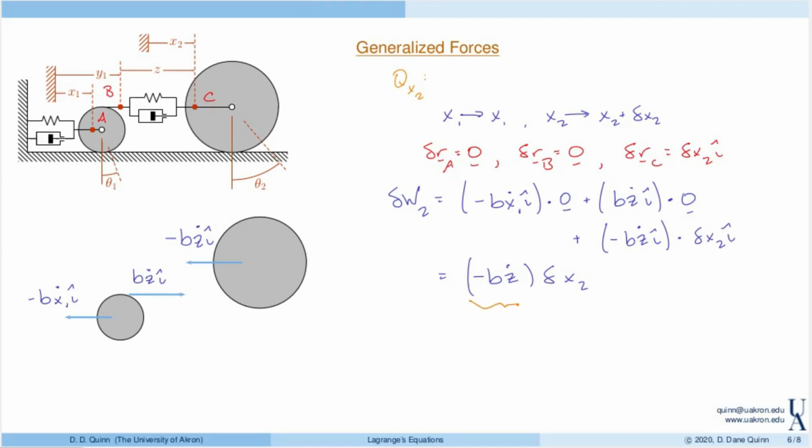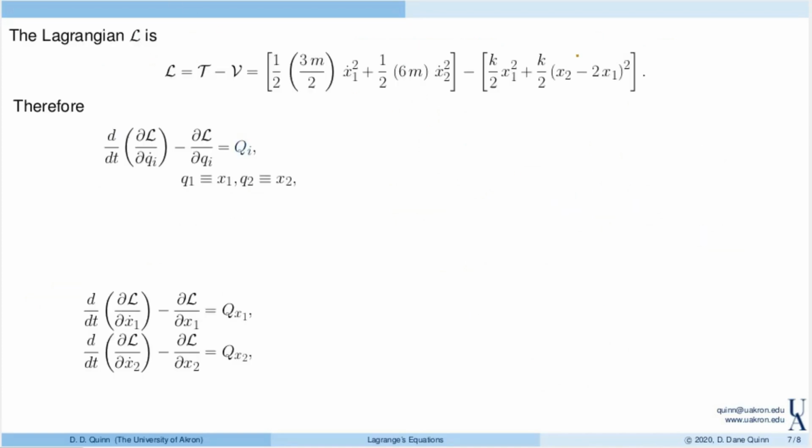As a result, this is qx2, which is minus b z dot. And again, I'll write that up here, x2 dot minus 2x1 dot. So we end up with minus b times x2 dot minus 2x1 dot, or 2b times x1 dot minus b x2 dot. So finally, we're ready, right? So this is our Lagrangian,